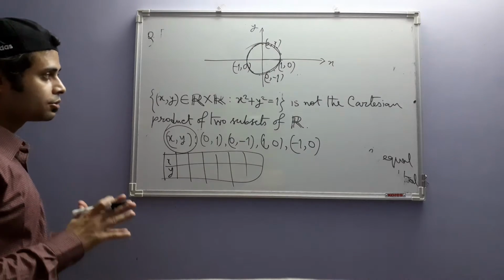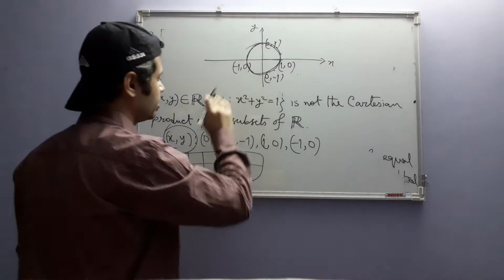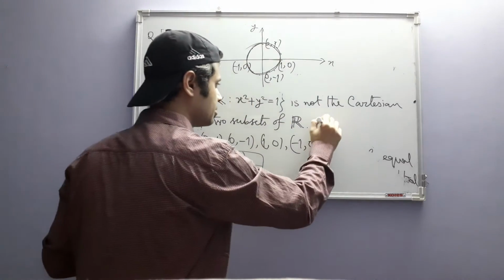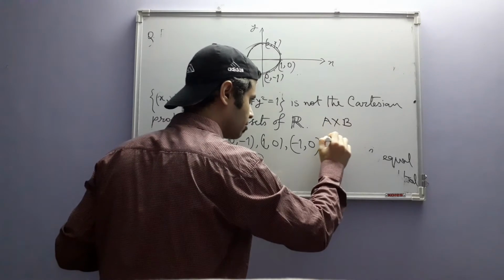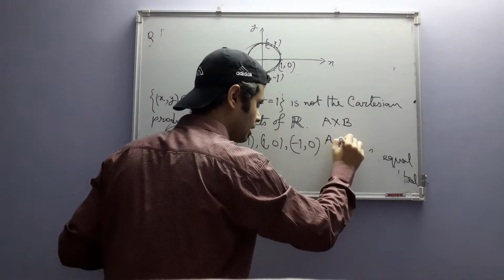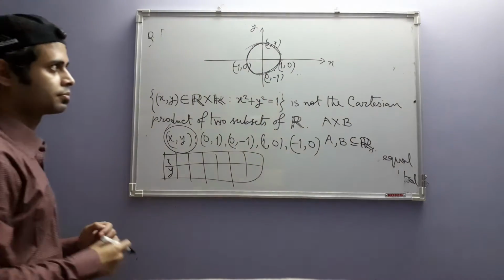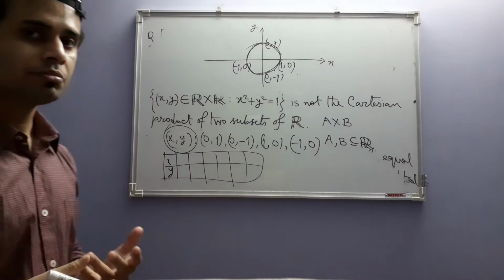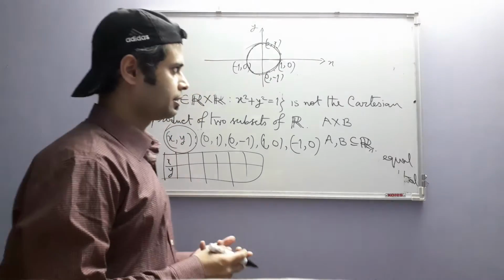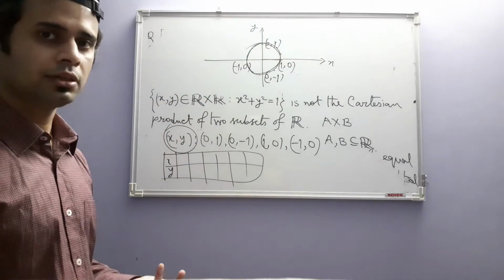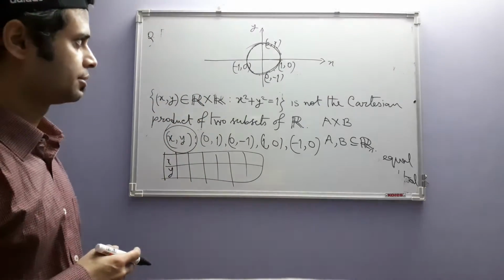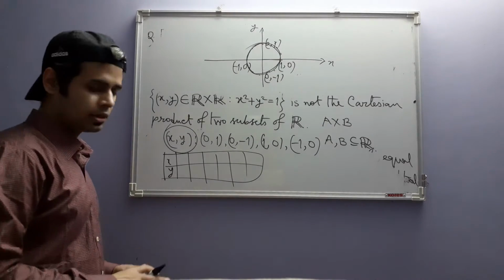We are asked to show that this circle cannot be written as A cross B, where A and B are subsets of R. Now, if A and B are subsets of R, then there are some sets that can be written as Cartesian products. Okay, for example,